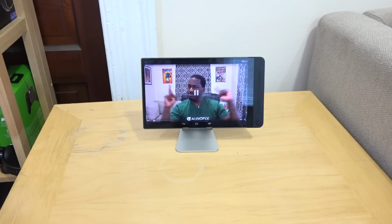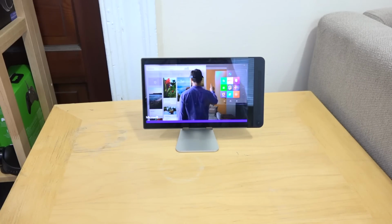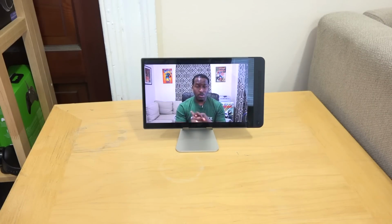Holograms! Not quite. The Microsoft HoloLens is really a head-mounted display that gives you an augmented reality look at things around you in terms of operating. So what Microsoft showed off today, called the HoloLens, is something that actually is a head-mounted display that packs a lot of things into it. So Microsoft says it's got a CPU, high-end CPU and high-end GPU. Not sure what that means or what that is. It could be something in the mobile range categories, but we know it's got a high-end CPU and GPU. They also said it's got a third...